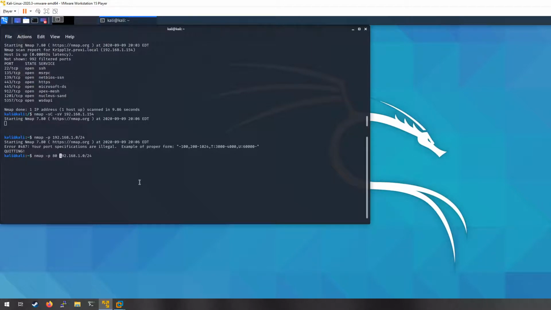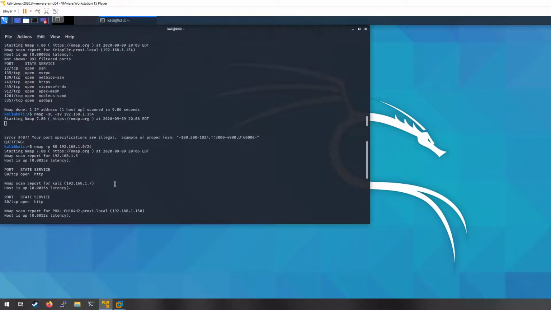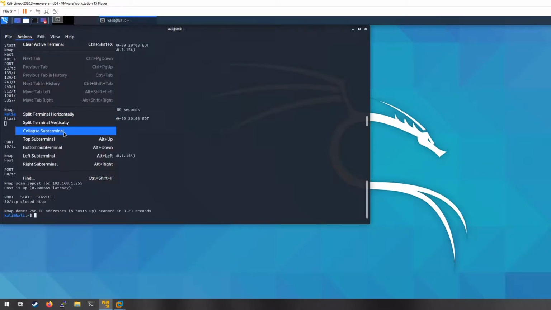So if I wanted to see what was open on port 80 on my entire network, I could do that, and it would just do a quick scan of my network. As you can see, there are 5 hosts up, and it lists out all of the ones that have port 80 open. So I'm going to go ahead and close that